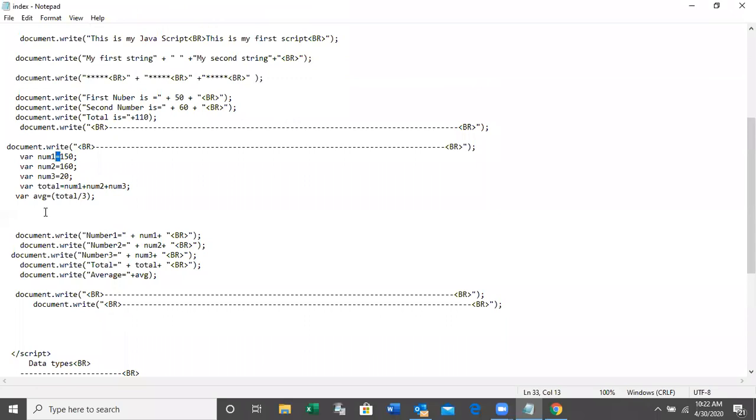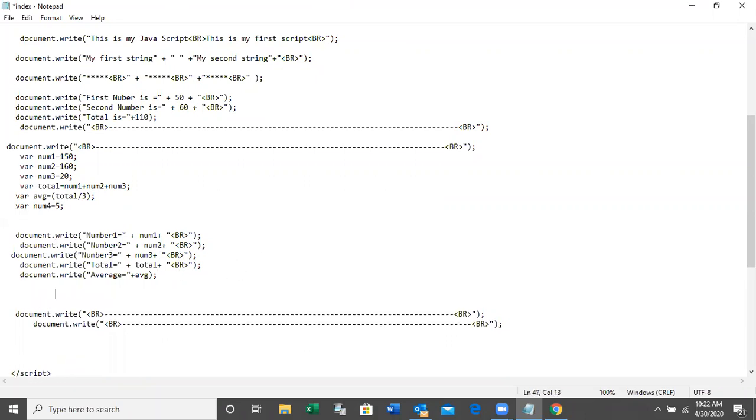See, now we can see var num4 is equal to 5, right? Modulus operator. I'm going to use the modulus operator.